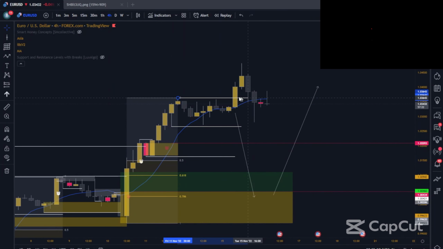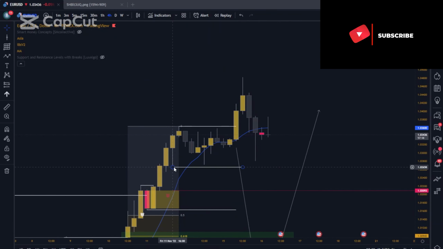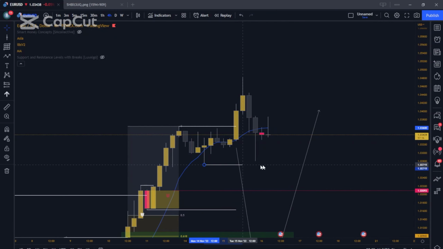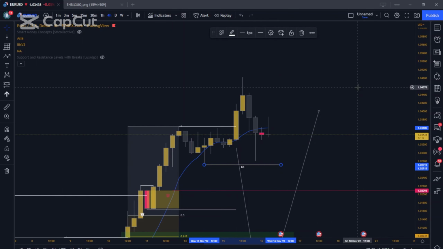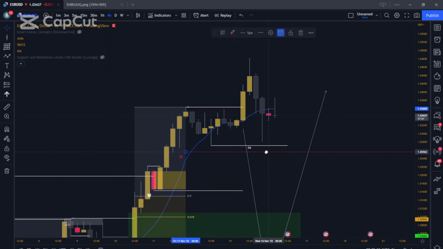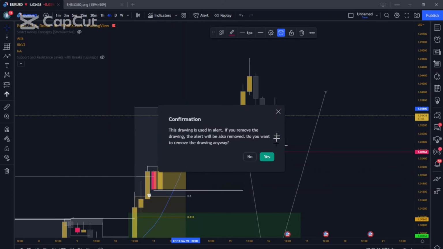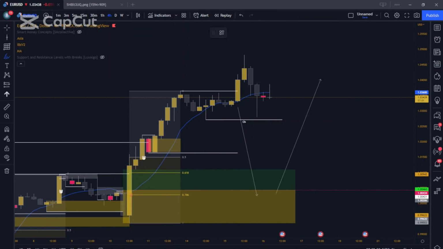So we got a break of this high up here, leaving behind this low. So this is like change of character line, yeah? So once we break this low over here,